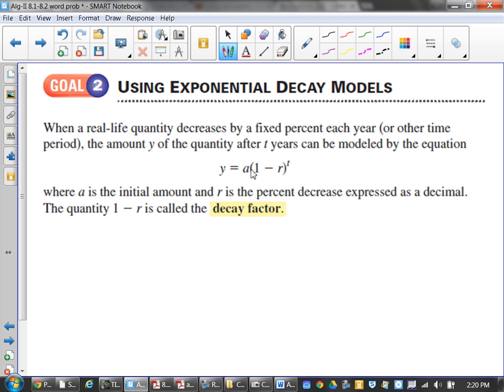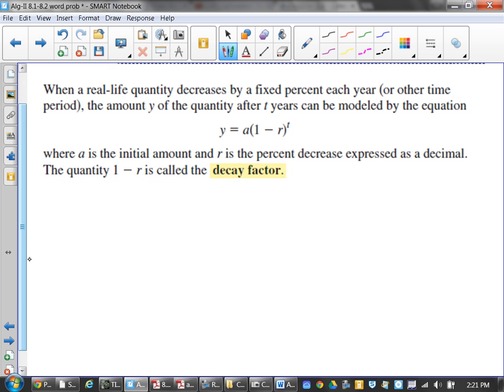Your A value is still your initial amount. Your R is still your rate as a decimal. T is still your value in terms of time. The decay factor is that symbol, whatever it is in parentheses, whatever it might be. So it's really easy to tell the difference between the two. So it's Y equals